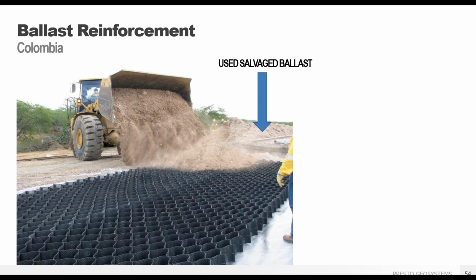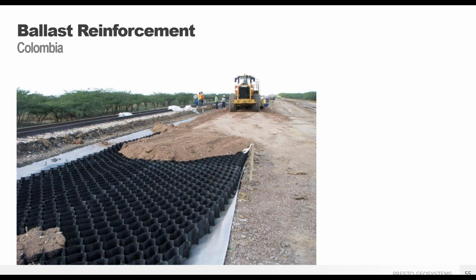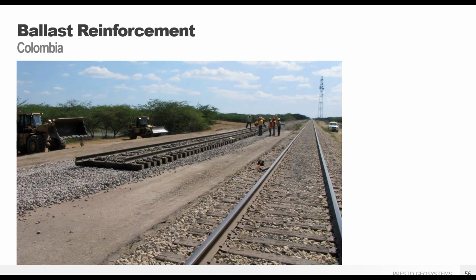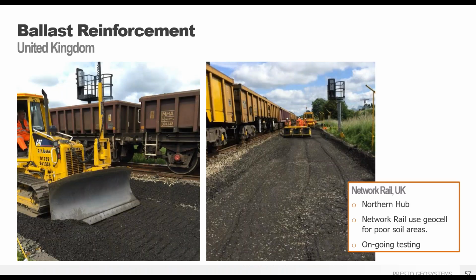But this was one of the mainline tracks coming from that coal mine. So one of the bigger things also was time. We saved a significant amount of time on this job because we didn't have to bring in all new ballast. And here you can just see the salvaged ballast getting spread out and compacted in place. And then the finished installation after the ballast has been applied.